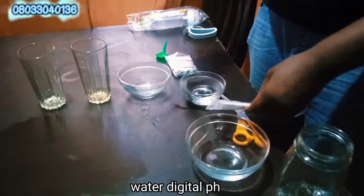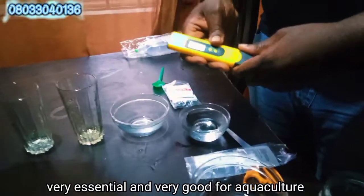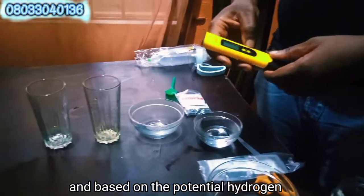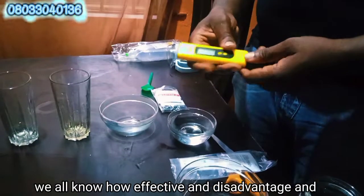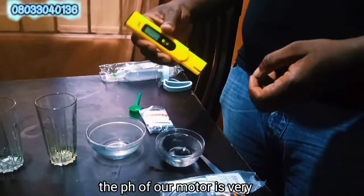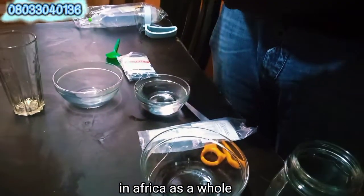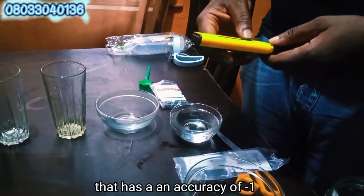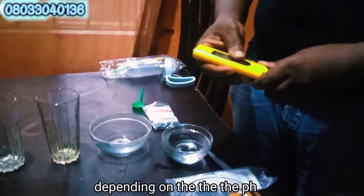Water digital pH kit. The digital one is very essential and very good for aquaculture, based on the potential hydrogen and alkalinity of our water. We all know how advantageous the pH of our water is, very important to most breeders in Nigeria and in Africa as a whole. So the pH kit is an essential commodity that has an accuracy of -1 and +1 depending on the